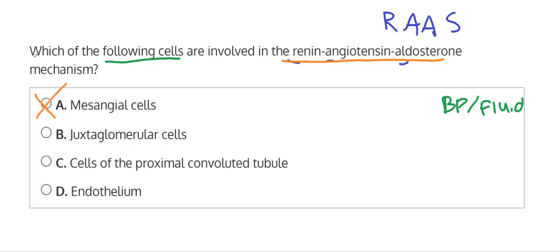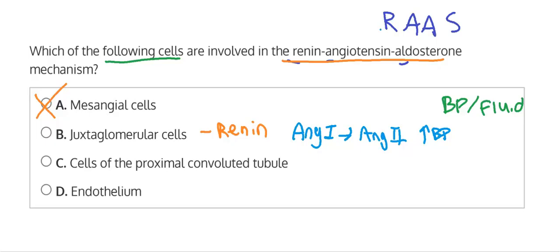Now, option B is the juxtaglomerular cells. Now, these cells, they are specialized cells that are located on the walls of the afferent arterioles, which are located in the kidneys near the glomerulus. And in this process, they produce renin, which relates to the discussion that we were having about how sometimes this process could also raise blood pressure when it needs to be increased in certain situations when it drops too low. And in fact, the juxtaglomerular cells producing renin, going back to when we were talking about ACE inhibitors, helps with this process of ANG1 to ANG2. So this is a process that helps to increase blood pressure, and that is in fact part of this RAAS